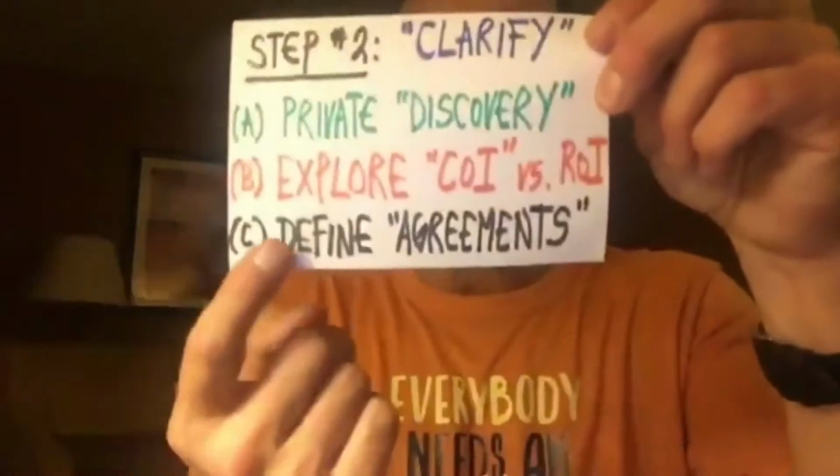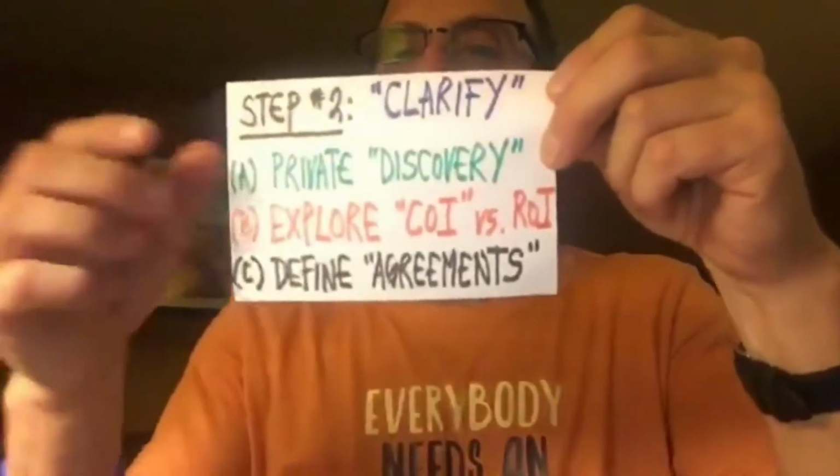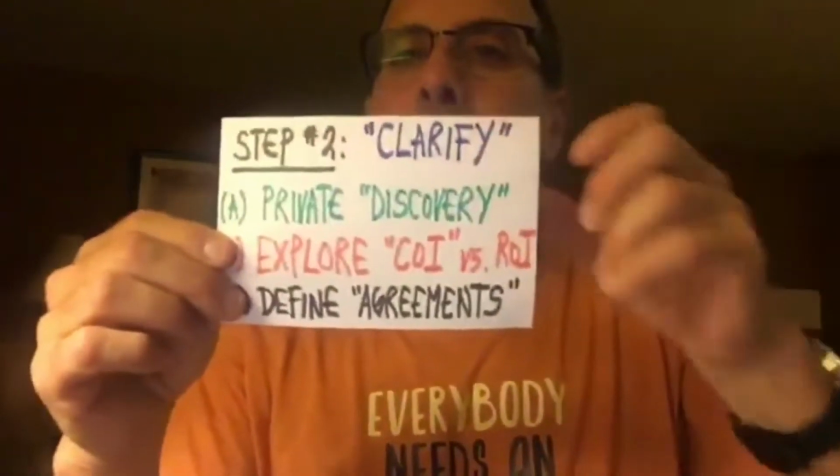And then finally, we define agreements during this discovery session to clarify what the candidate needs. Now, that includes how coachable they are on a scale of 1 to 10. That includes how committed they are, how decisive they are to make a decision. Their time commitment, how much they're willing to spend. We like somewhere between 3.5 to 5.5 hours a week. And then if they're willing to invest in themselves. Those are the 4 commitments.